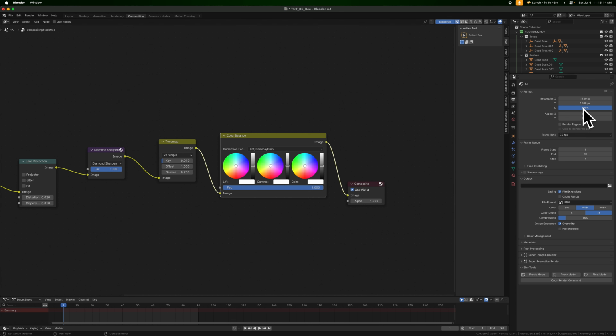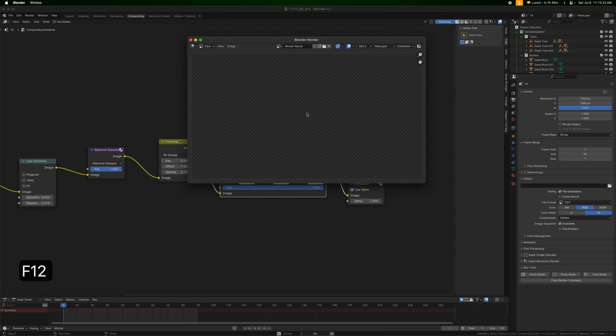and at the end you can crank it up to 400%. Select TIFF as the format and we're good to go. Hit F12 and wait for the render to finish, and while you're waiting make sure to hit subscribe so you